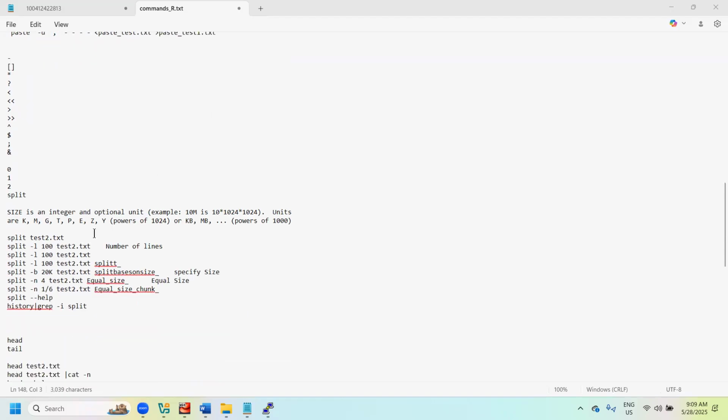And the split command. The split command is used to split a file based on an equal number of lines, or an equal size, and there are different options for that. We learned about the split command. As I said, we always use the split command when you are trying to transfer or download a file, or when you are sending a file from our Linux server to some other servers,